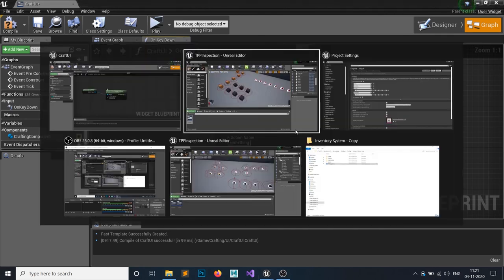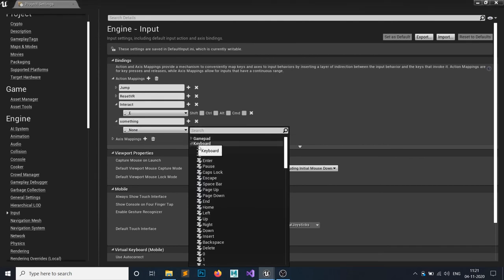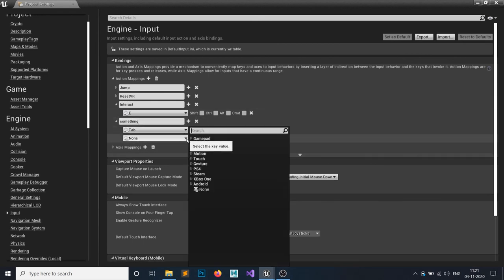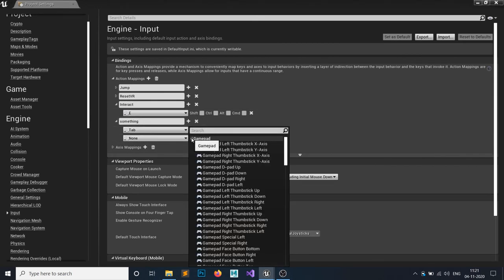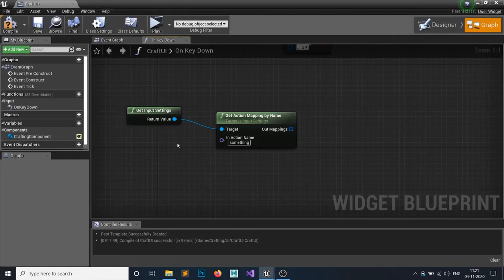Why is this an array? The reason is because it can be a keyboard button of tab key. Let's say it can be a next button of a gamepad button. There are a lot of gamepads, a PS4, a Wii, or an Xbox, or anything. So you can see now we have two elements, so it has 3, 4, 5 elements. So it will give us all the arrays of your buttons.